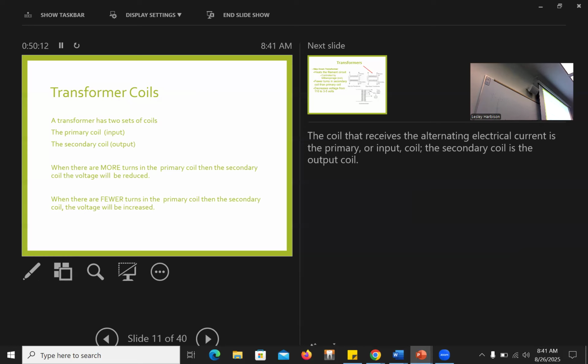What determines which one has more coils? Which one has more turns? This is called your secondary coil, and this is your primary coil. For the electricity, the secondary coil is going to be our output, right? So if you have a transformer where the primary coil has more turns, like 100 versus 50, then we know that the whole